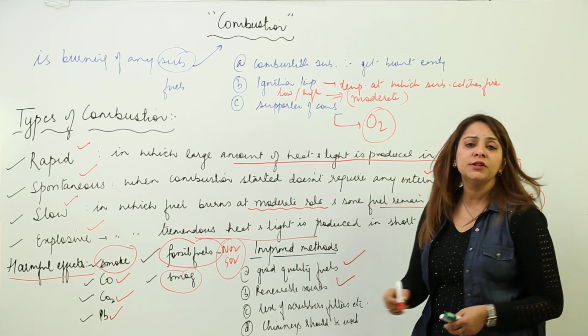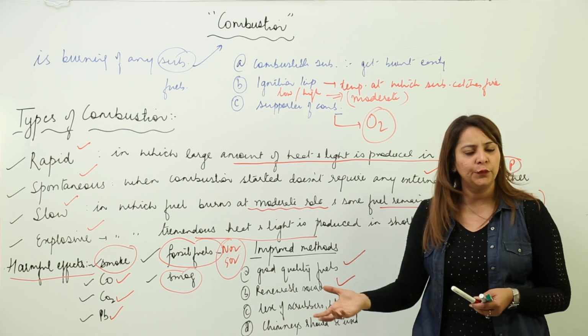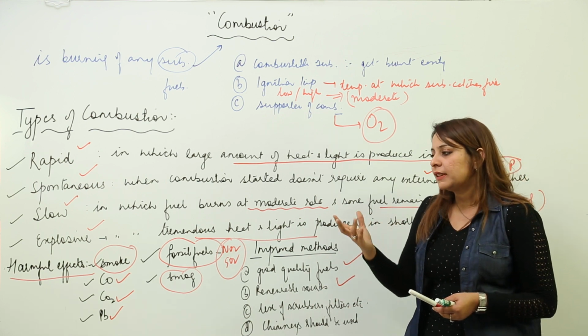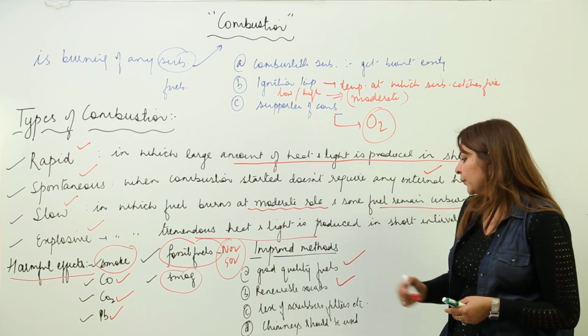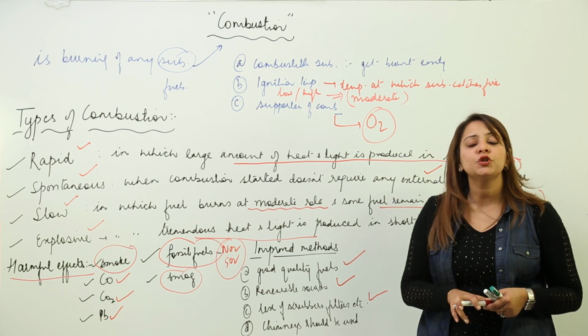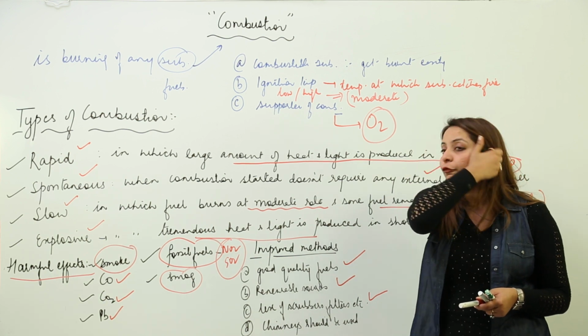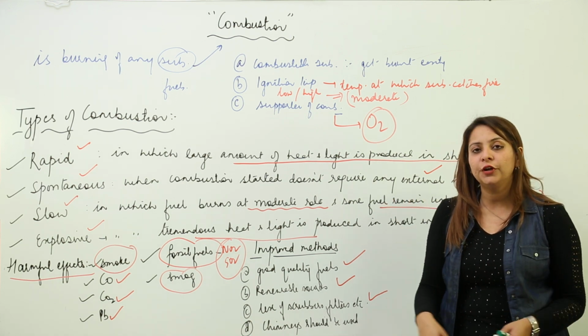Second, instead of using a fuel, we can use a renewable source which is eco-friendly, like we can utilize wind energy and sun energy, because they do not cause such kind of harmful effects. We can use scrubbers, filters, and precipitators. They can actually absorb these harmful gases and can make the atmosphere clear.